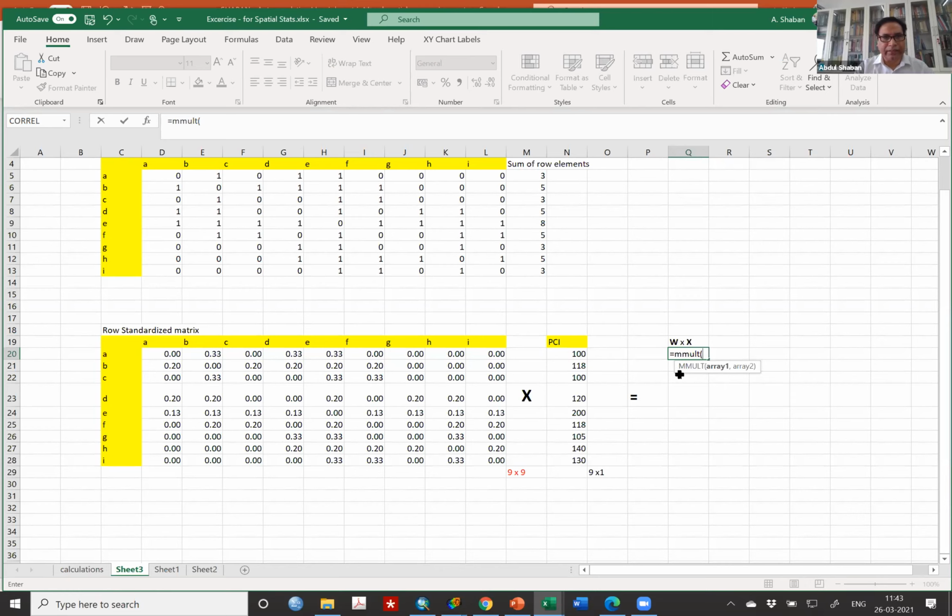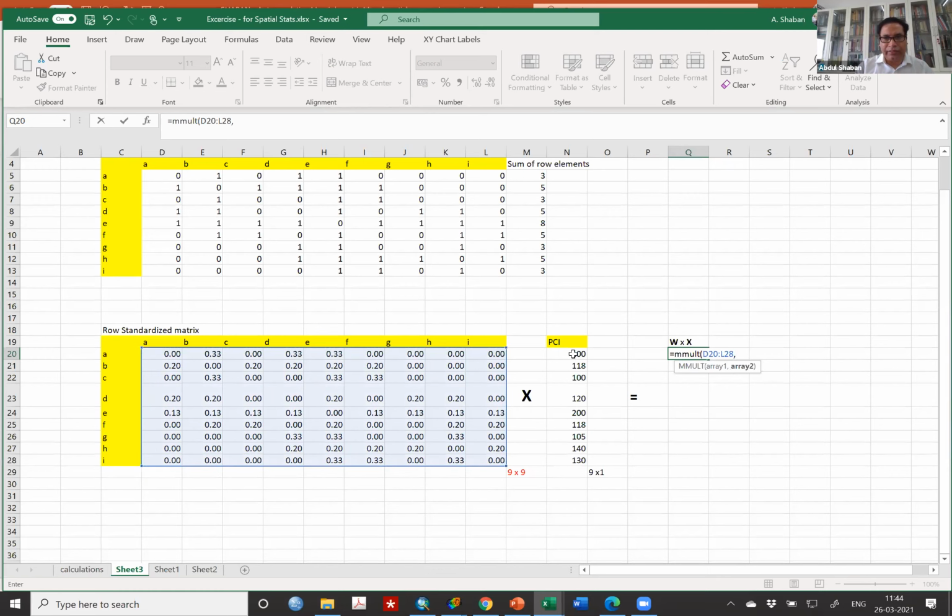small bracket, and then you block the first matrix. So what I will do, just block the first matrix like this, and then separate it by comma, then go to the second matrix, which is for multiplication.